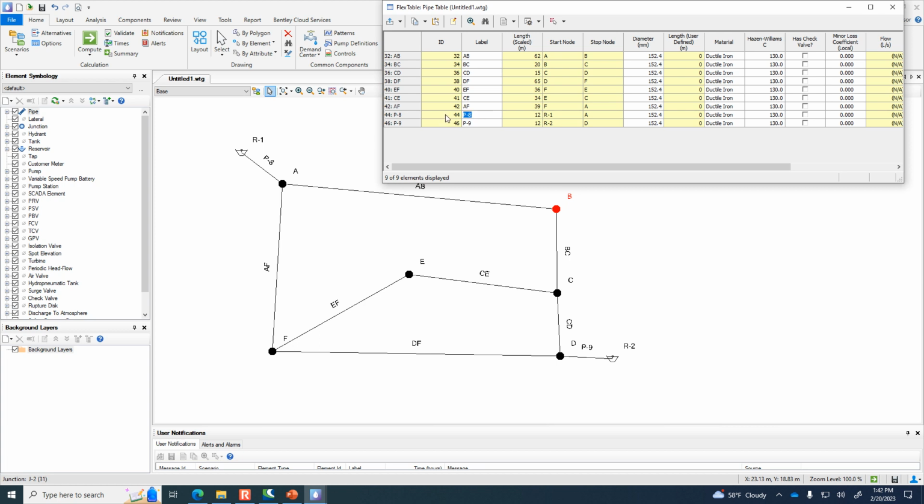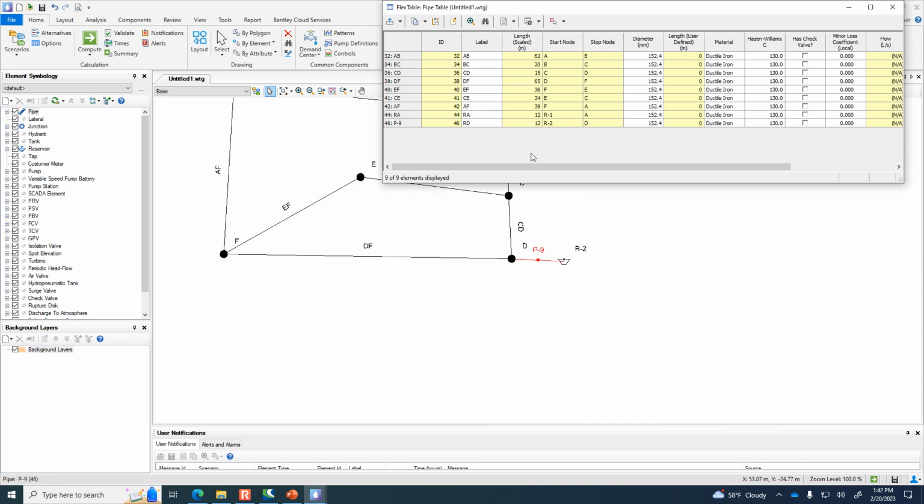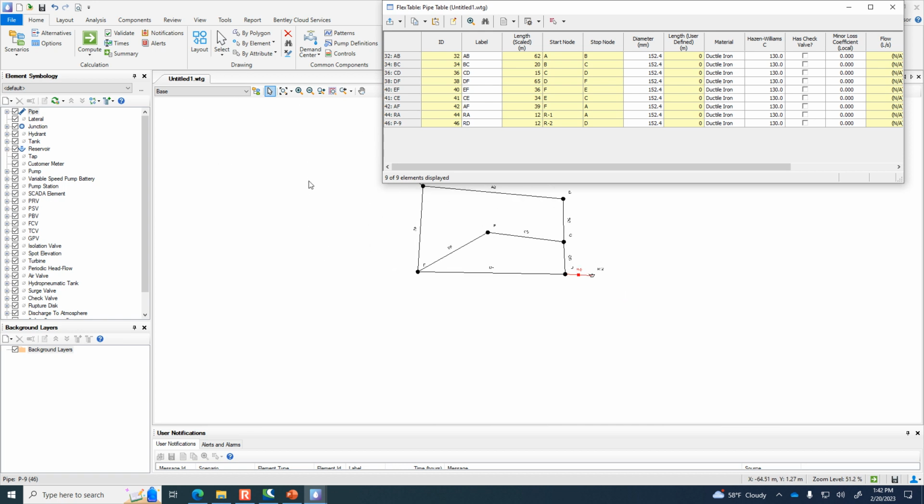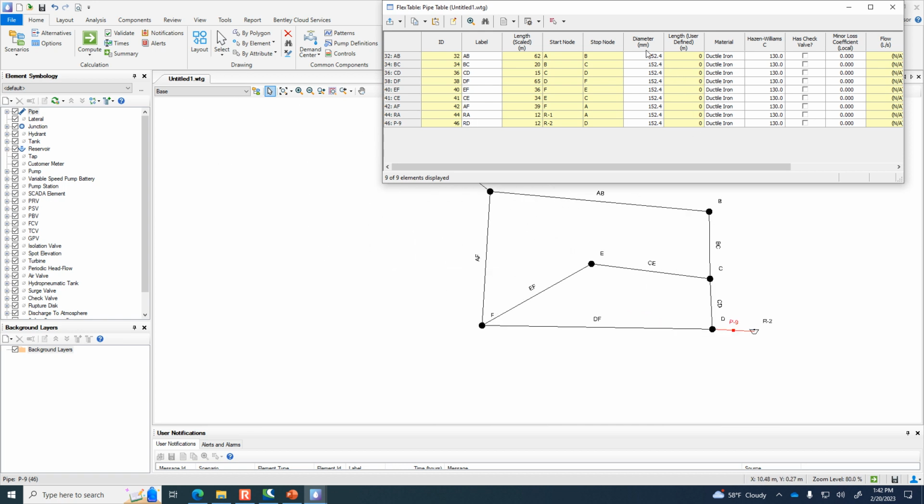And then the ones that are connected to a reservoir, I'll call it like RA, from the reservoir to junction A, and then this other one I'll call it RD, for reservoir to junction D. So I've changed the names. The other things that we need to change include the diameter of each pipe. And so on the handout, for example, it says that the diameter of pipe AB is 500. Okay, BC 650,